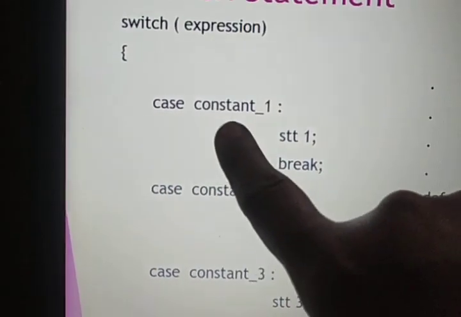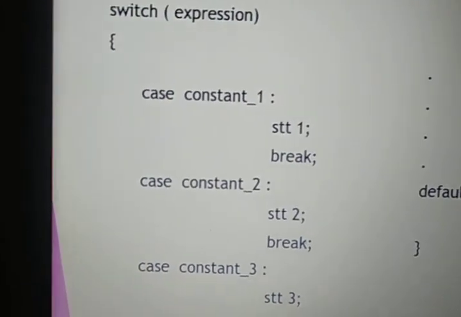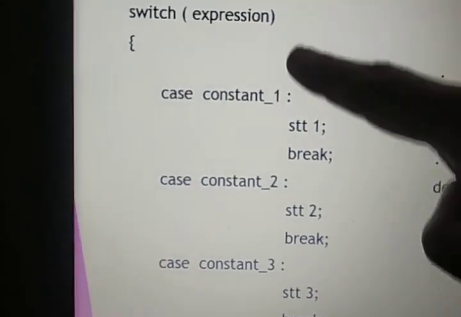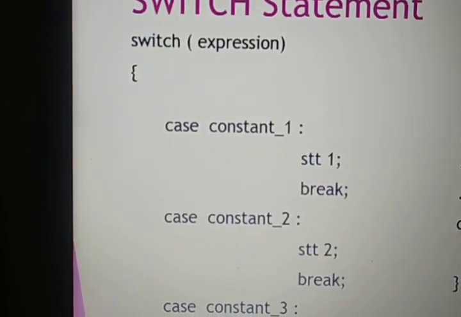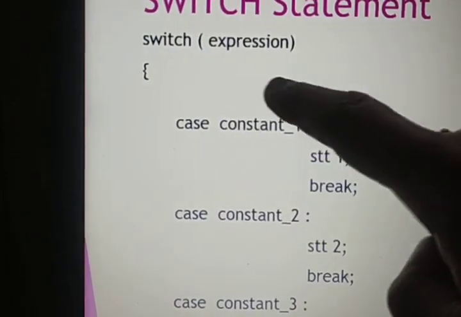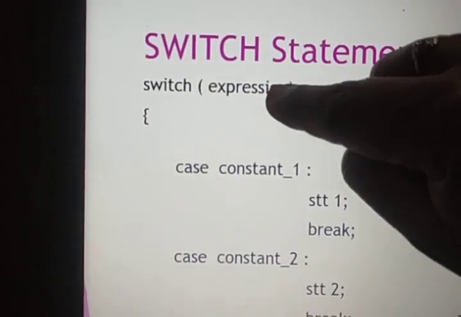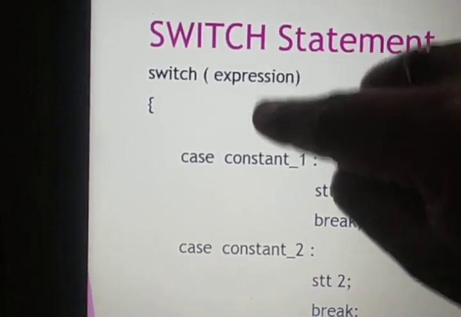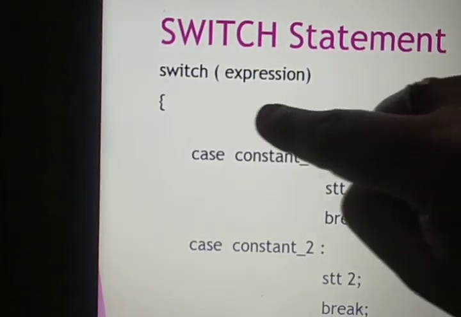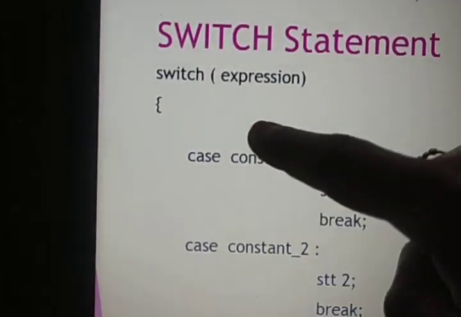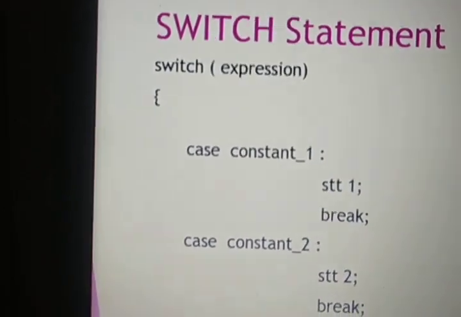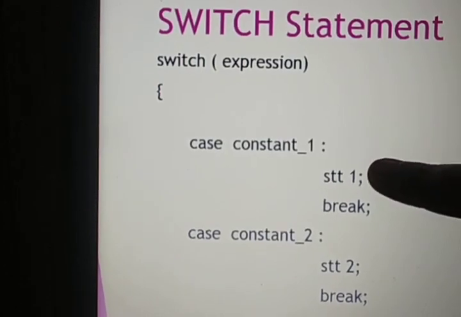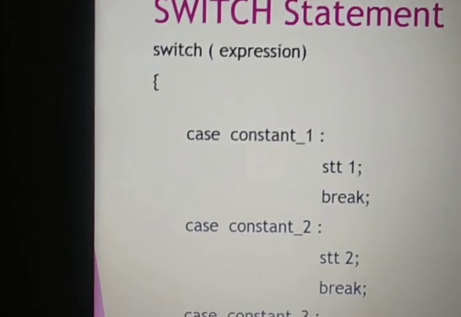There you have case const 1. What does it mean? Here we are checking the variable given inside the bracket with the constant values. That is, if we are giving n here, n equal to this value. If we have given 0 over here, it will check whether n equal to 0. If the condition is true, statement 1 will be executed.